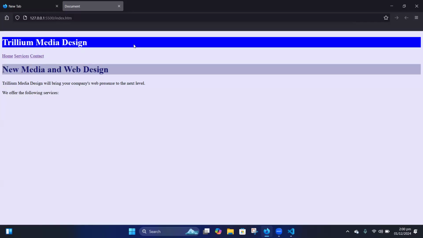This particular H1 is a box. This represents an anchor tag. The home, services, and the rest are all anchor tags. They also represent boxes. This other H1 represents a box, and another paragraph also represents a box. Good. Now, if it is a box, what it means is that